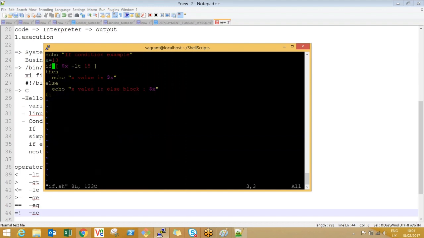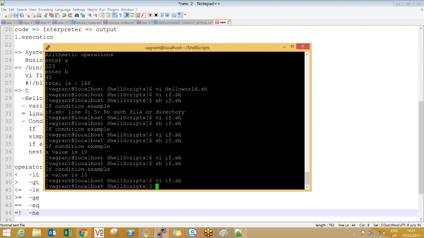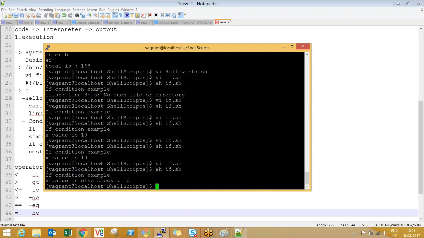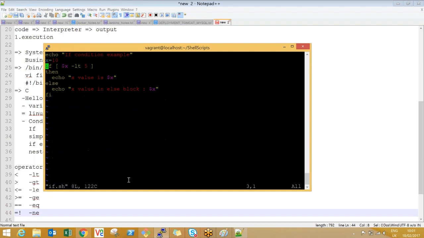But now I will just keep it as 5. Now the condition has failed. It comes to the x value in else block. Can you see this 10 value? So the if condition works based on a condition, whether it is true or false. Only two values it will have. If it is successful, the if block. If it is a failure, the else block. This is how it works with respect to conditions.